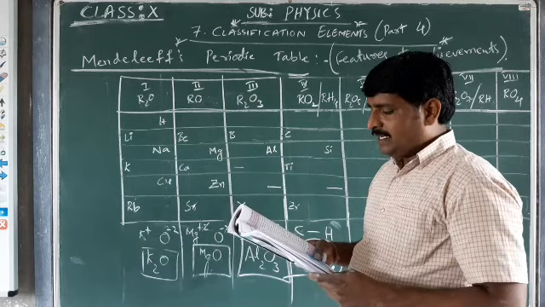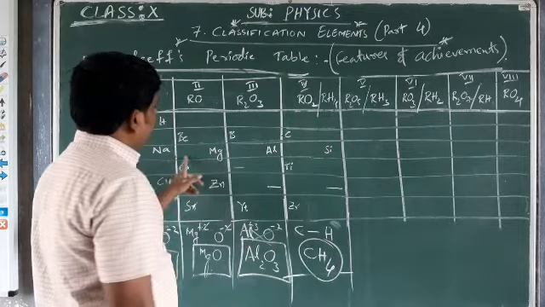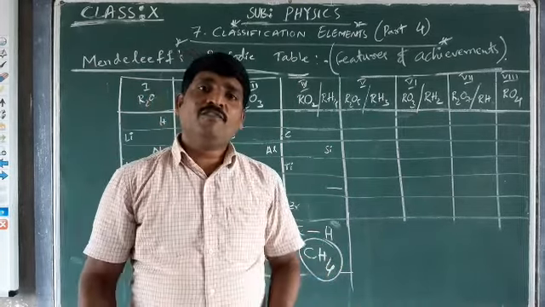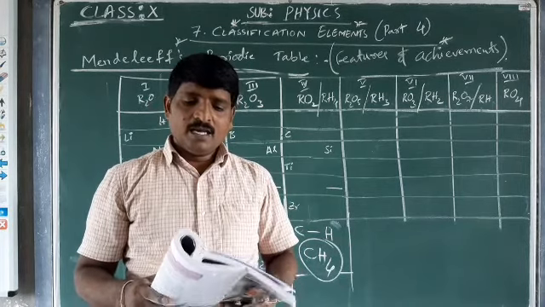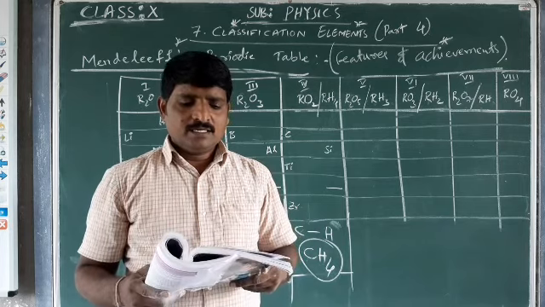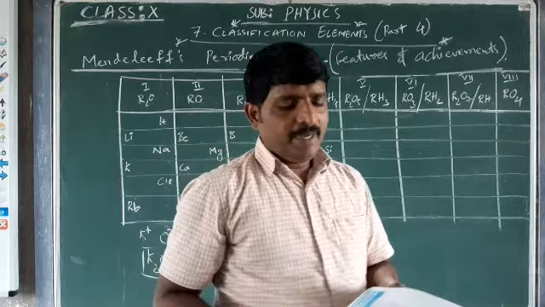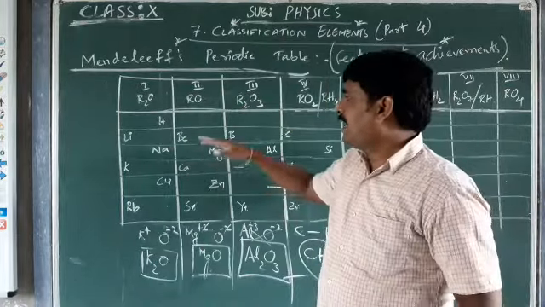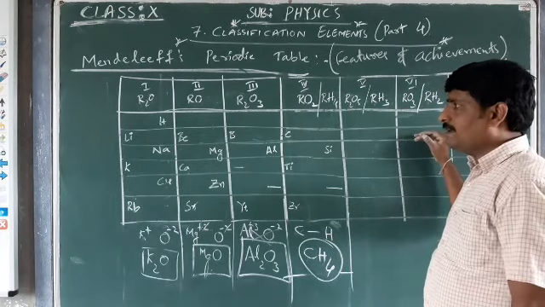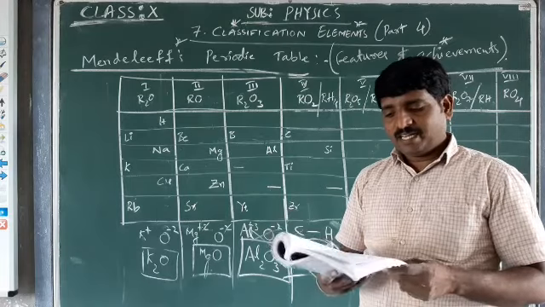Elements in a period differ in their properties from one another. The elements present in a period will not have similar physical properties. They are different in their properties. A period comprises the entire range of elements after which properties repeat themselves. The elements in the period possess different physical and chemical properties.